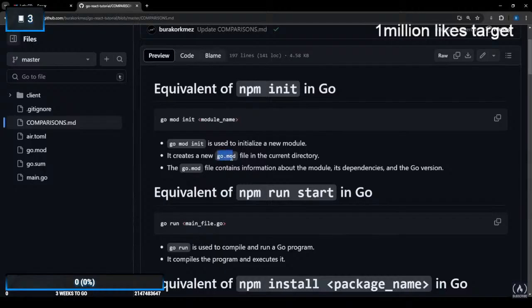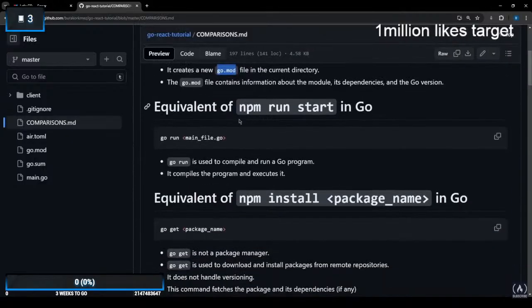And again, this is going to be that kind of like package.json file which contains information about the module, its dependencies, and the Go version that you're using. And this module name could be anything, but it has a convention, and we'll see that in a couple of minutes. And then when you want to start your application in Node.js,